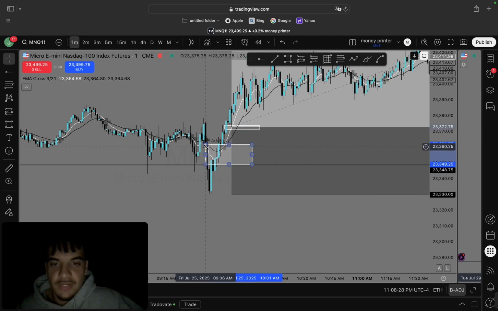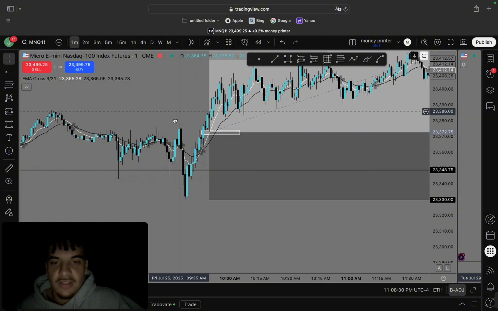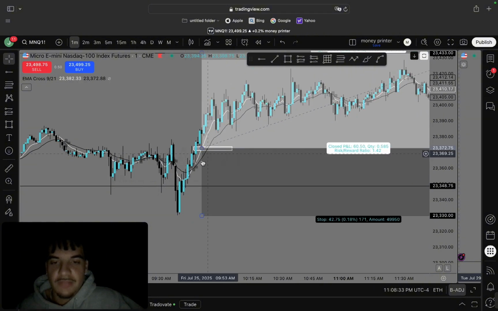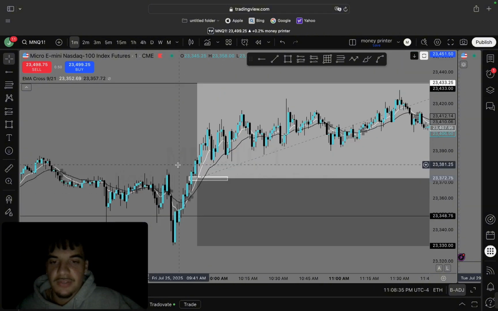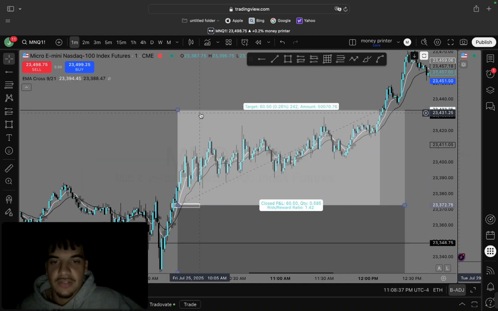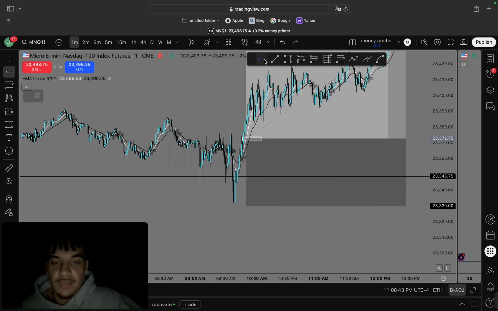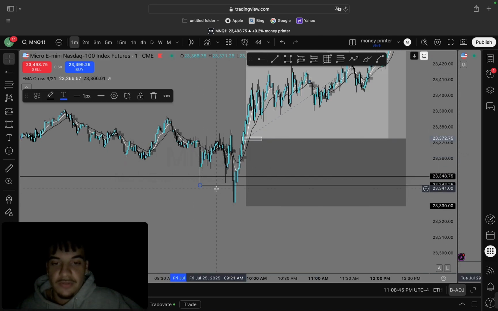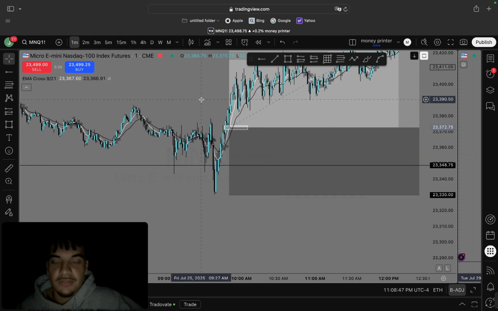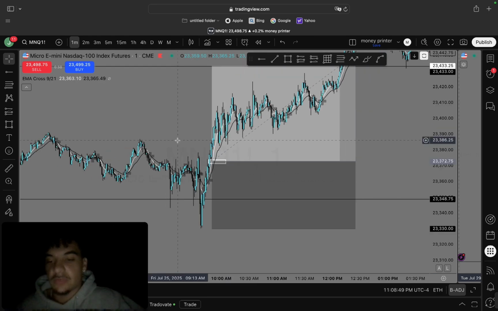And then we start displacing to the upside. We inverse this 1 minute gap while having a change in the state. And then we retrace this 1 minute imbalance. We take entry inside there, stop at the low that we put in, and then I'm targeting London session high. So you can see that London session low was taken pre-market, but we remanipulate to take out these relative equal lows right here. And then we start displacing to the upside, and that's exactly what we're looking for.